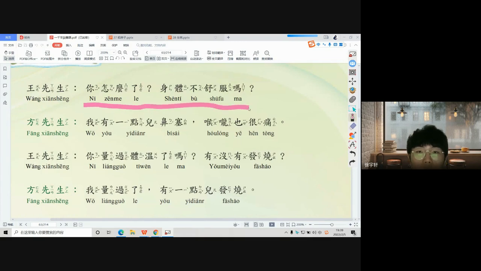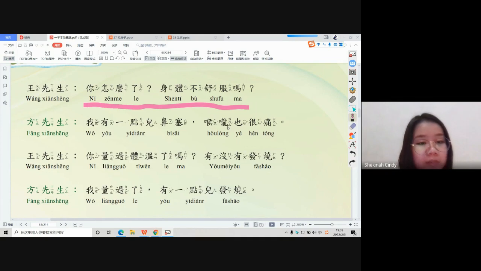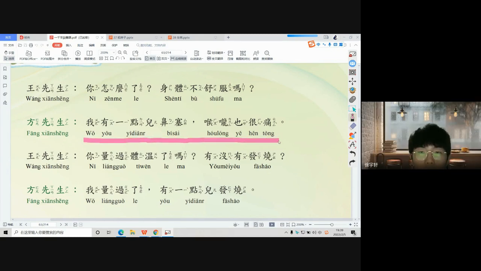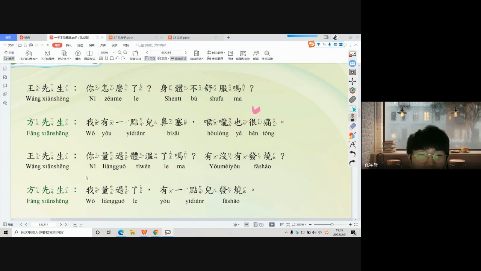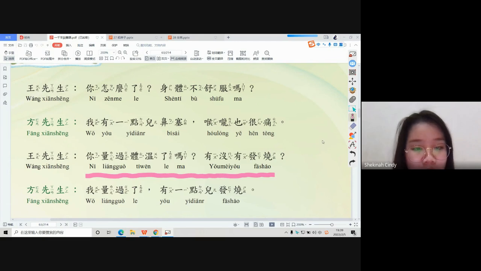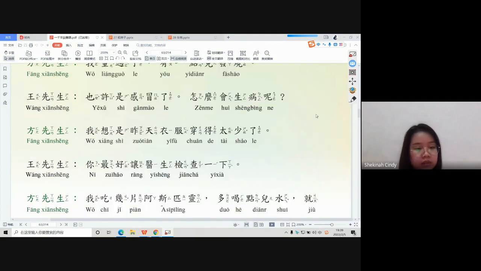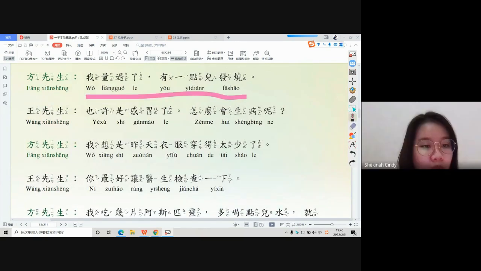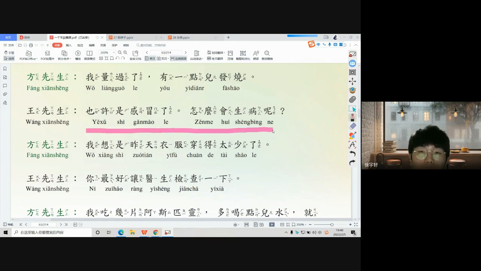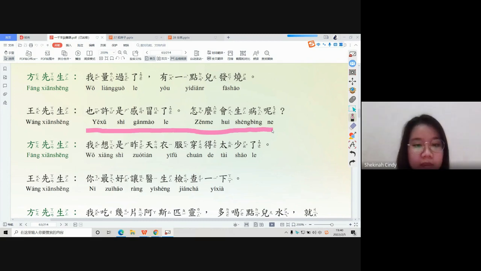你怎么了？身体不舒服吗？我有一点儿鼻塞，喉咙也很痛。你量过体温了吗？有没有发烧？我量过了，有一点儿发烧。也许是感冒了，怎么会生病呢？